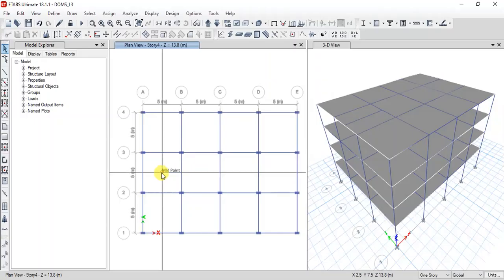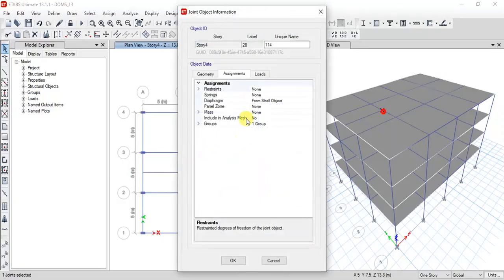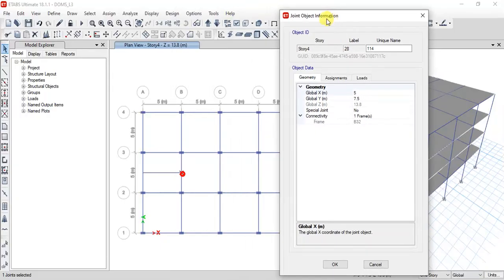For example, if you want to change the position of this beam to somewhere else, not exactly at the midpoint, then how to do that? It is very simple. You select the joint and right click on that particular joint. Go to geometry. Here you have to move this particular node. Assume you have to move it upward by 1 meter.